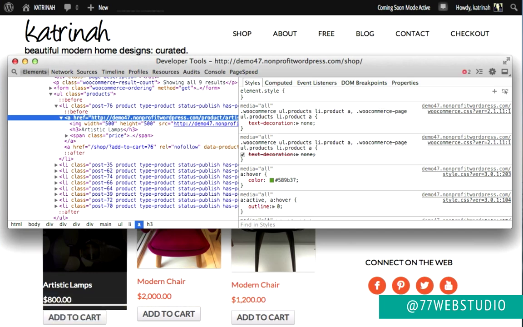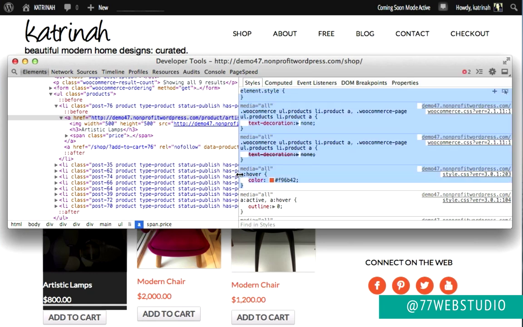And then here on the right-hand side, you can see that the hover code is set as green. So we actually want to change this hover code so that it's orange. So on the right-hand side, I'm just going to click on this box right here, and then I'm going to paste in the orange code. Then I'm going to highlight and copy all of this code right here, A:hover. I'm going to highlight all of that and copy it.